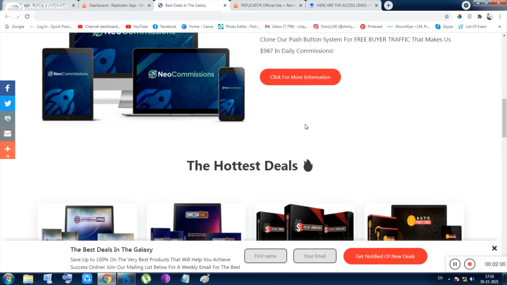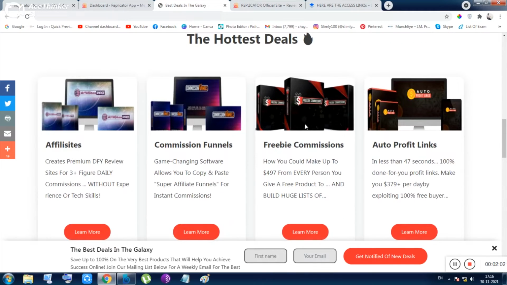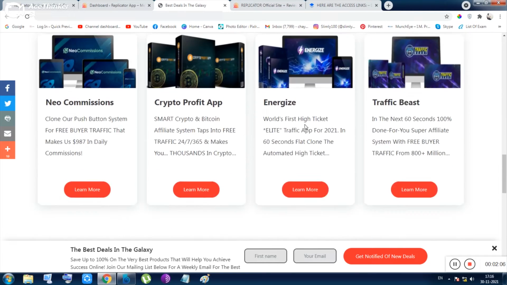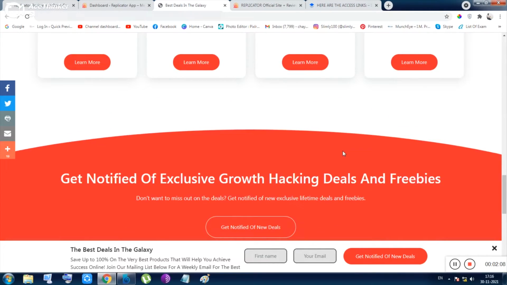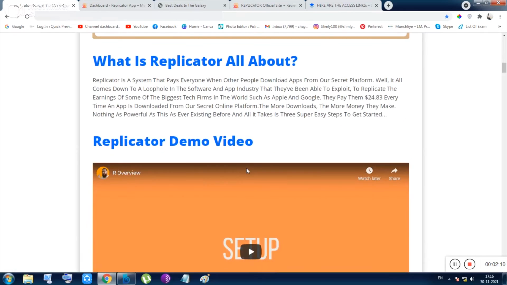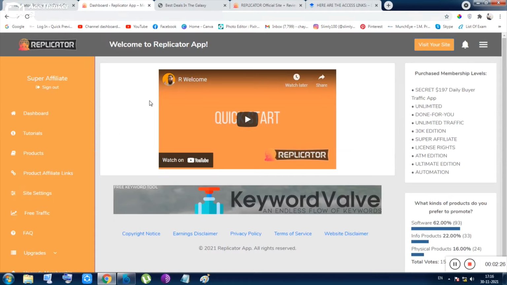When they pay for the upsell, they will be satisfied with the front-end product and will purchase the upsells. You will be getting the commissions. That's how you can earn money, and the commission will be around $24.83 for each and every download. That is the best thing of this tool. After giving something free, they are just charging a little money, and that's how you are earning money.